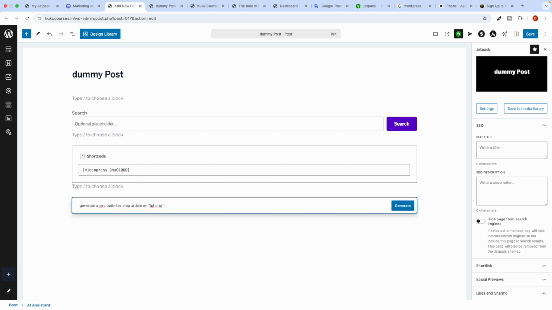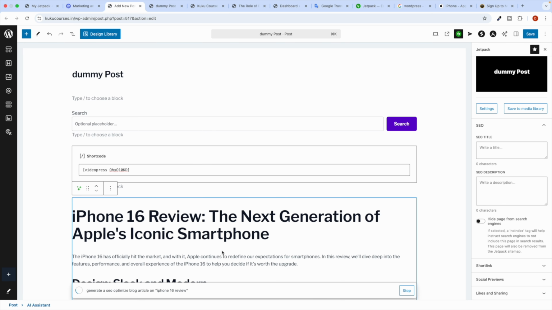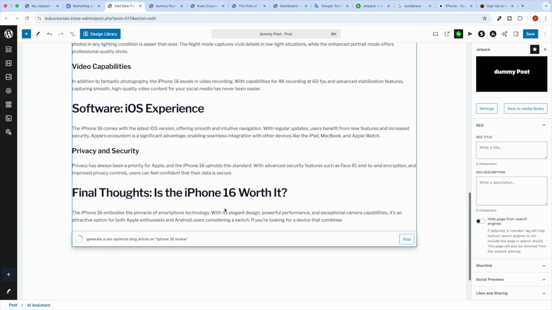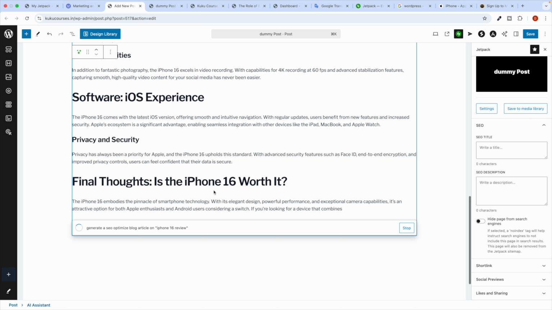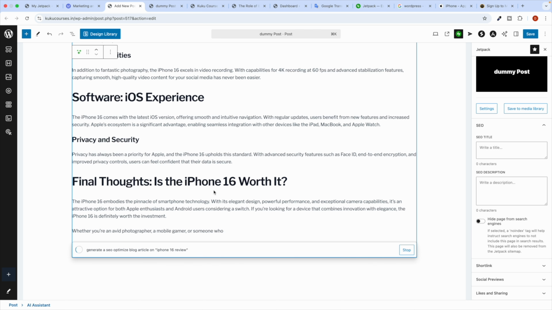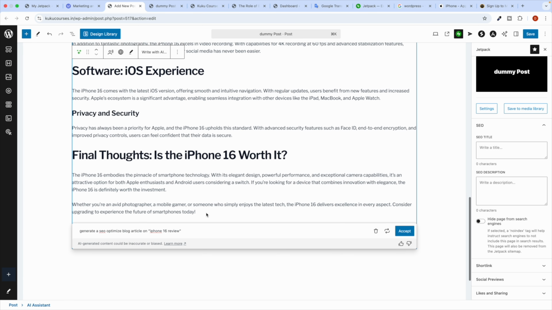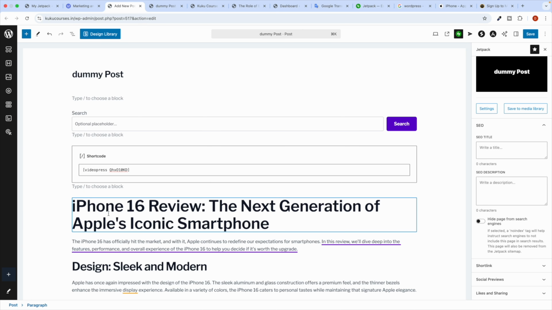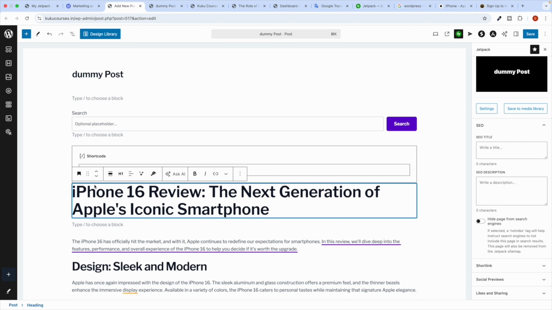iPhone 16 review. When I click on the generate button, you will notice that AI will start to generate the blog article for you, which is a very great thing. Within your Jetpack you can do this. It can help you write the content, and you can either move this to trash, regenerate it, or accept it. Suppose I accept it, so this article is over here. I can move this to the top, let's say,